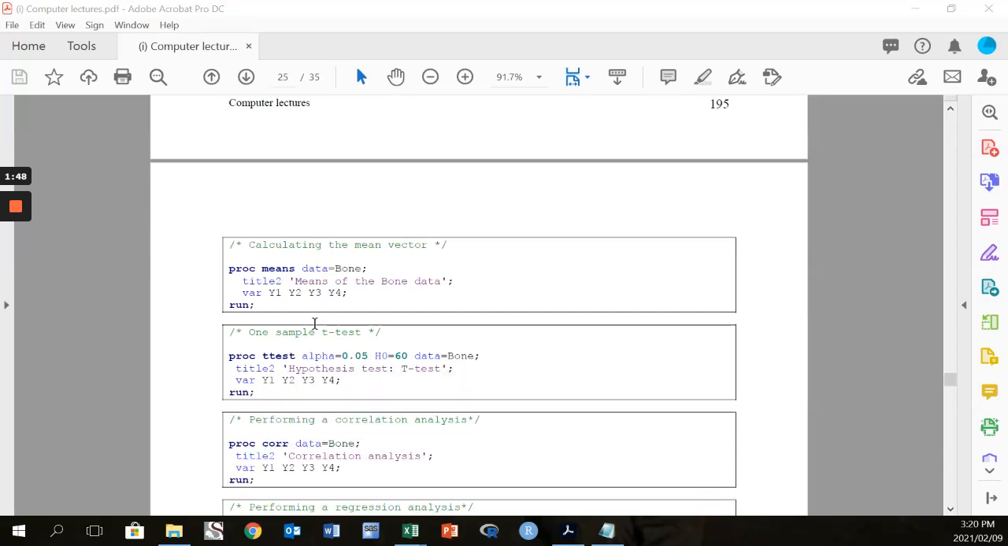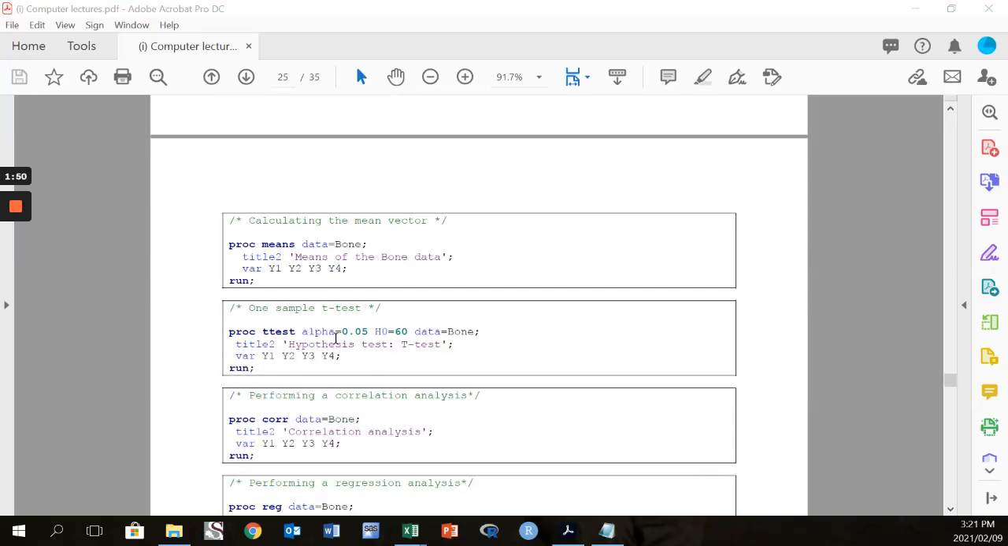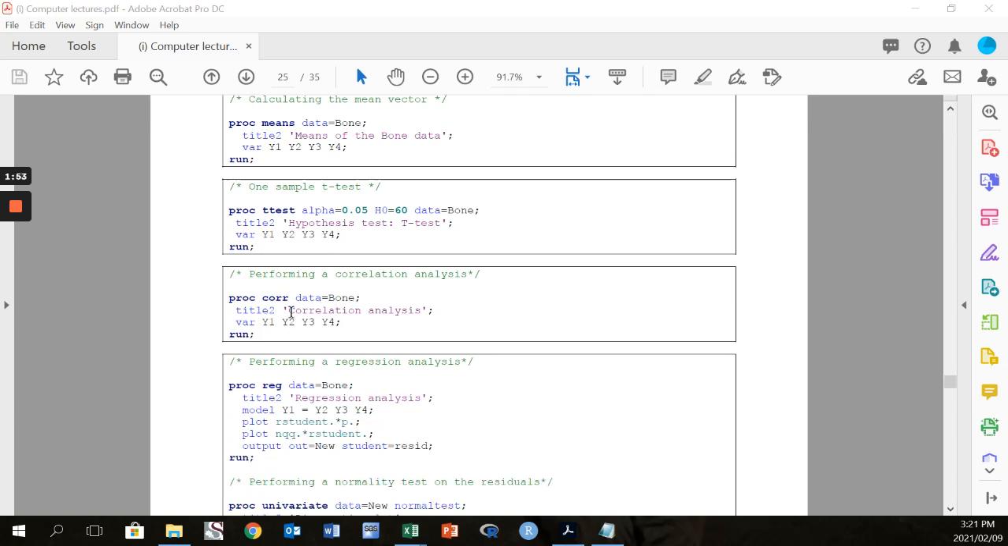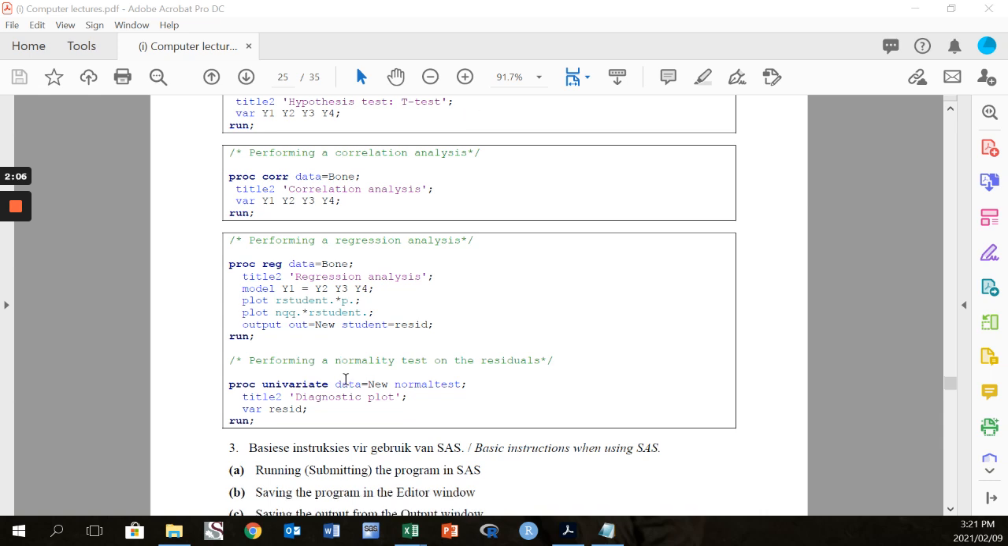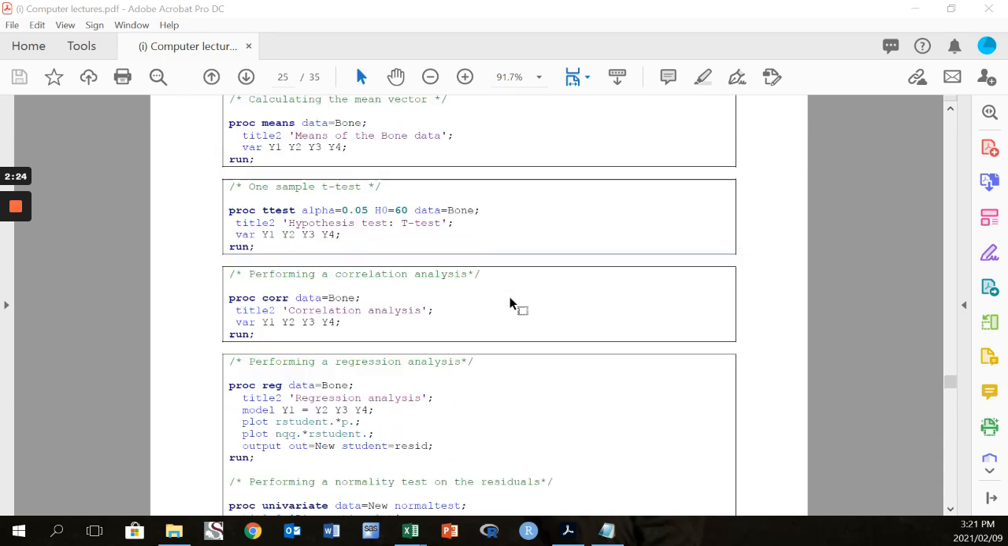Calculate the mean vectors. We can do a t-test like we've seen before. We can calculate the correlation matrix, do a regression, and then based on the regression output we can do a normality test in SAS. So everything that you did in R you can also do in SAS. The two packages differ a lot, but you can more or less generate the same output from the two packages. So let's go to